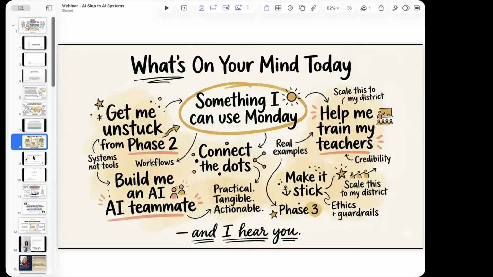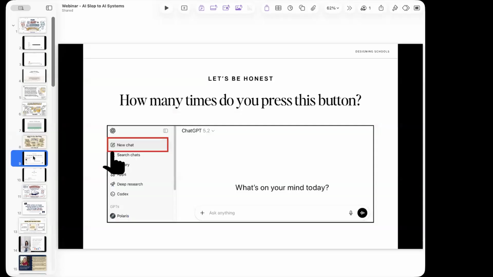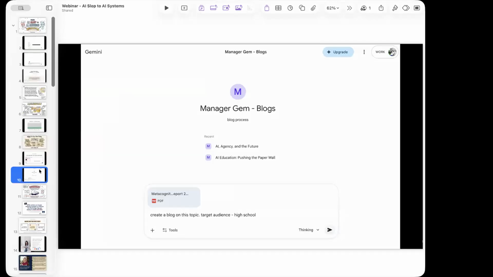So to start us off, this is kind of your litmus test for where your people are at in your organization that you want to get a pulse on. How many times are people hitting this new chat button? Because if you are somebody who is opening up Gemini, Claude, Copilot, ChatGPT, whatever you're using, and every single time you open the tool, it's new chat, new chat, new chat, you're in phase 1 and we need to start building you a system. And I think even if you are here, it is not a bad thing. It just means we need to organize things up a little bit